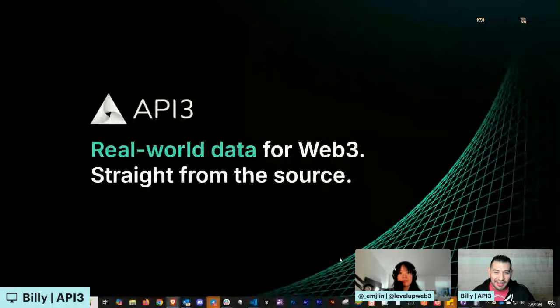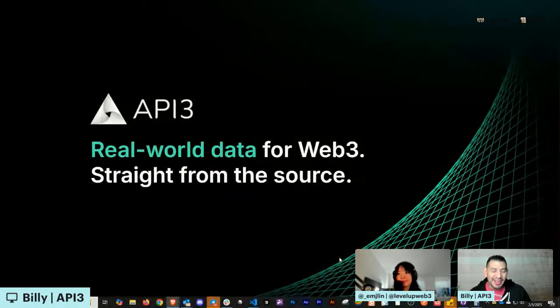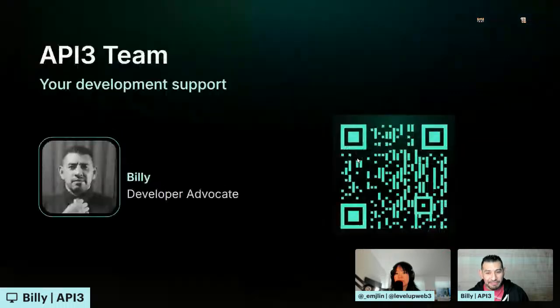Okay, so API3, real world data straight from the source. If you've been following workshop 1, you know that we are a first party oracle, so you can prove every source that's out there. During this chaotic crash that happened basically a week ago or less than a week ago, that's like an aeon in crypto terms, it worked perfectly. Everything worked well. OEV worked well. So it was very nice to actually show that this whole concept that we've been working on, liquidations, all worked to the T.